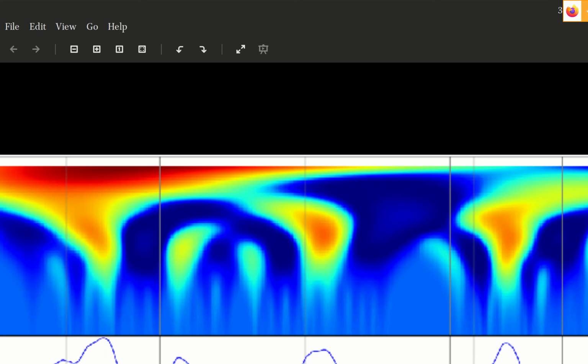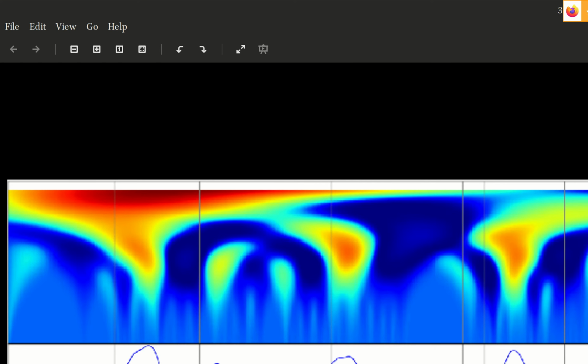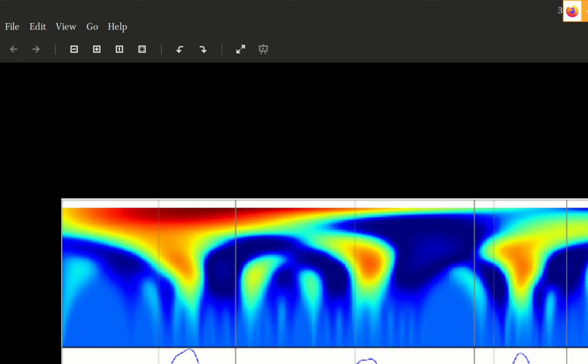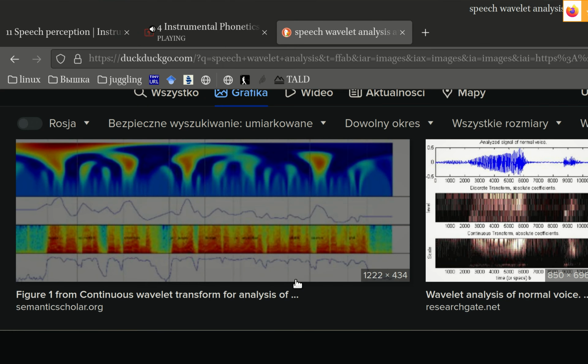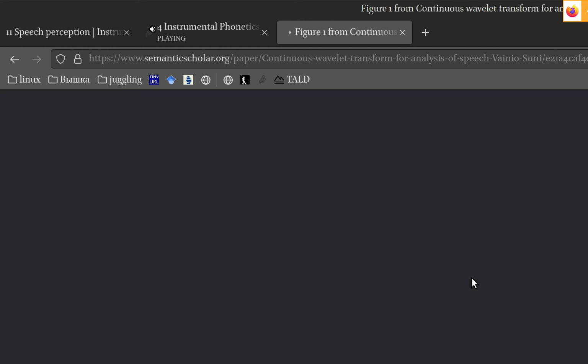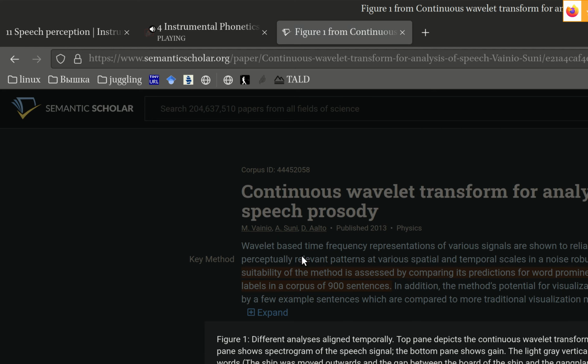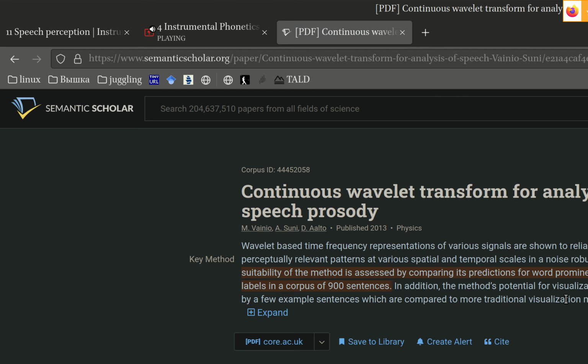So here is the picture. Can you see it? Yep. So those are words in some strange language. Maybe it's Finnish. Yeah, this is exactly those people that were performing in our